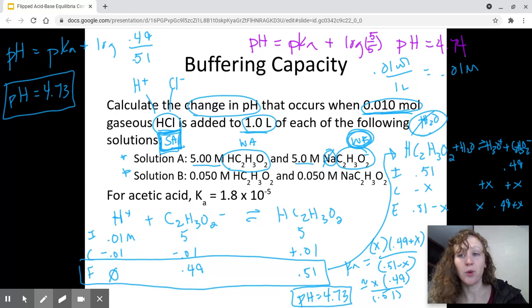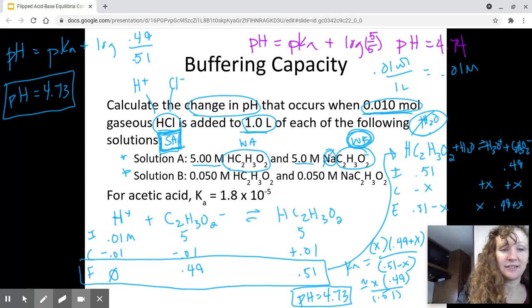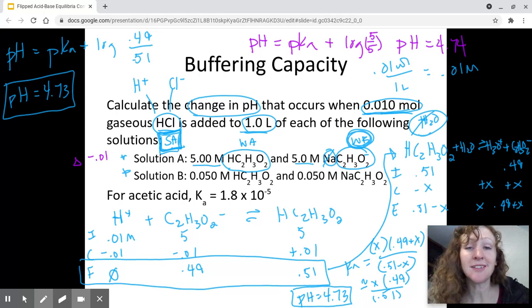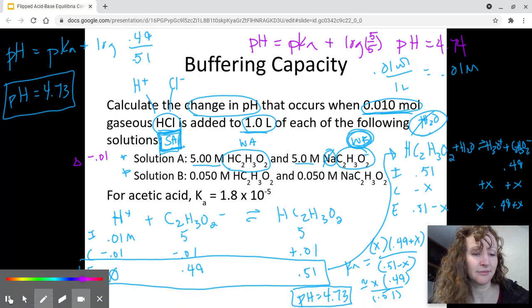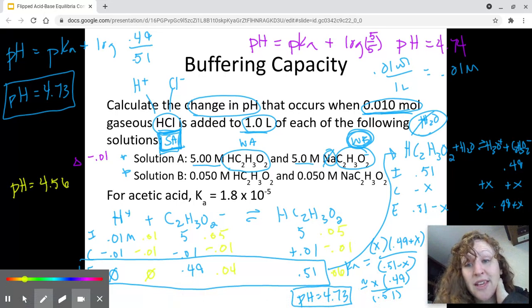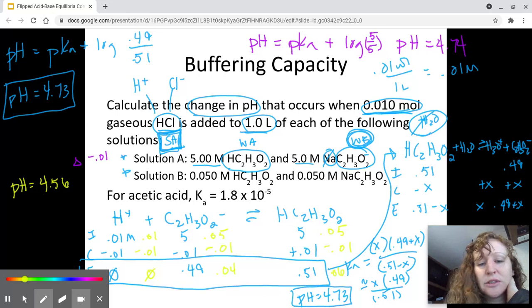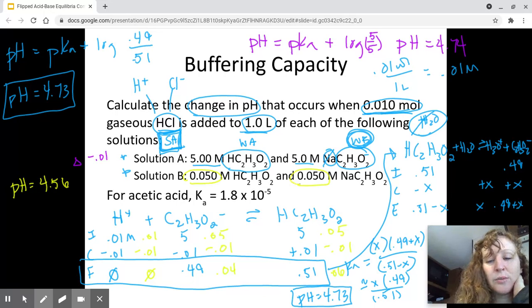Okay, so my pH has changed from 4.74 to 4.73 in the case of the first one. So it's a change of minus 0.01 in terms of pH. What about the second one? Okay, so a good time to pause here, go through the process, see if you can get to the end with solution B. If you go through the same process, you can see I added it here in yellow. Same process, but with 0.05 molar for both species. You're going to get a pH of